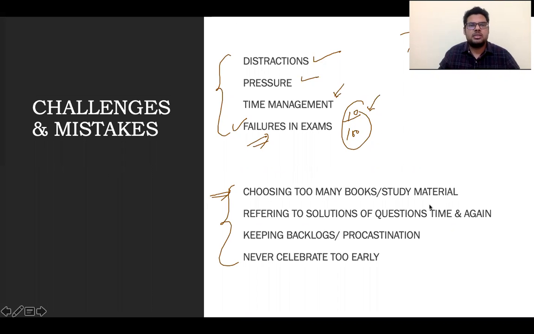Referring, सबसे बिगेस्ट मिस्टेक, मतलब this is the blunder that most of us are committing these days, referring to the solutions of the questions time and again. सबको पता है, there are so many apps, ठीक है? आपके पास कोई भी क्वेश्चन है, just click the pic, post it on the internet, you'll get the solution, right? That will not help you anyway, बिल्कुल हेल्प नहीं करेगा आपको वो।